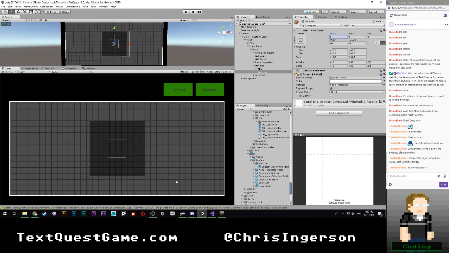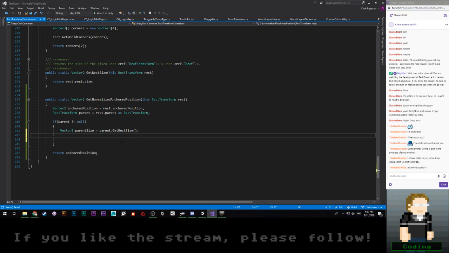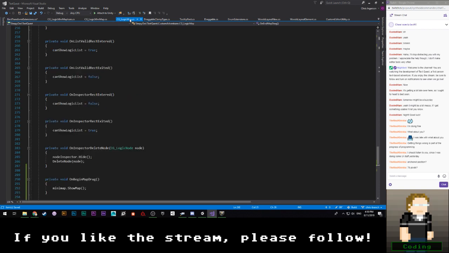So usually when you're dealing with rect transforms, you're going to be using anchored position, not position and local position. You can use those things, but they can sometimes give you weird, unexpected values. So it's ideal if you try to stick to anchored positions in this stuff. Although this is going to complicate our minimap fading in and out. So what we want to do here is on parent size, we're going to go, oh, and actually before I forget, because I know I will,